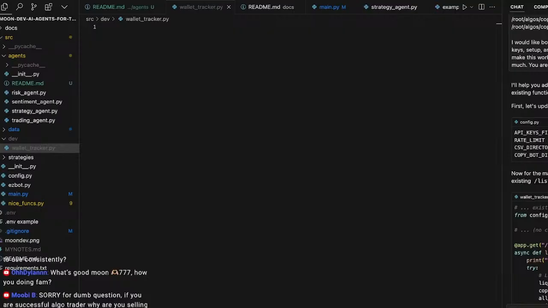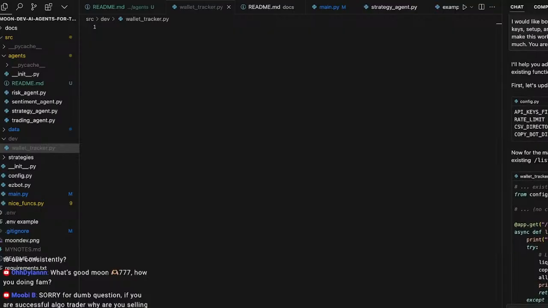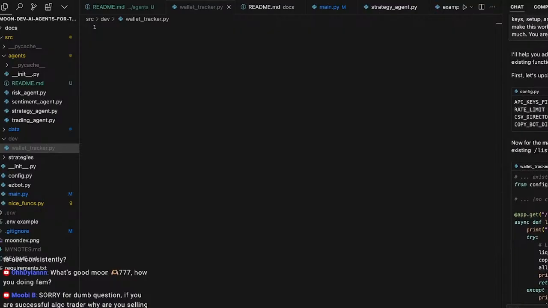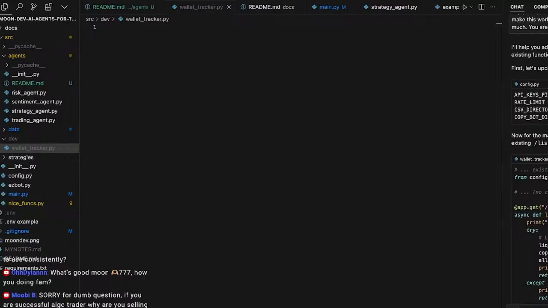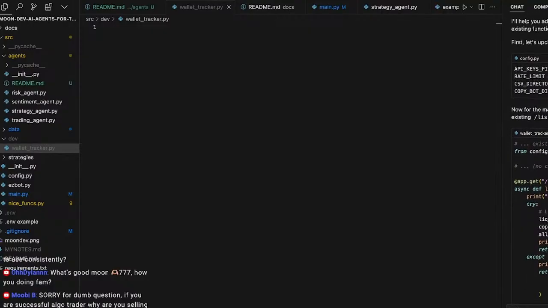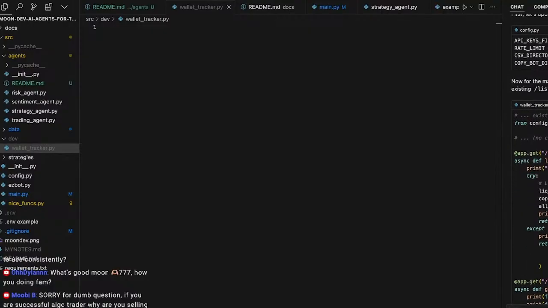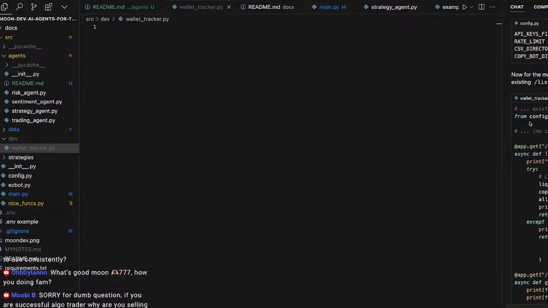Now for the main server.py changes, we'll add new endpoints and modify the existing. Okay, so from config. So on the server here, okay,